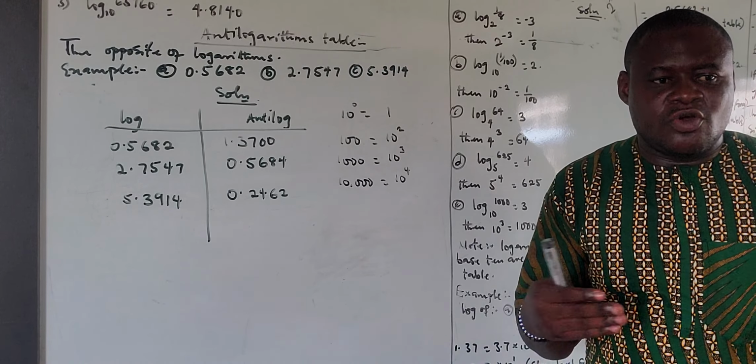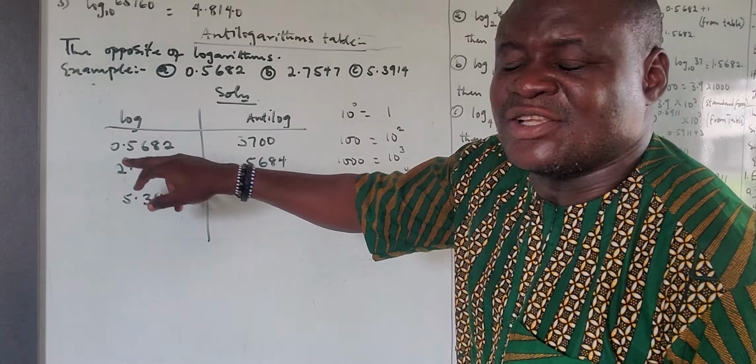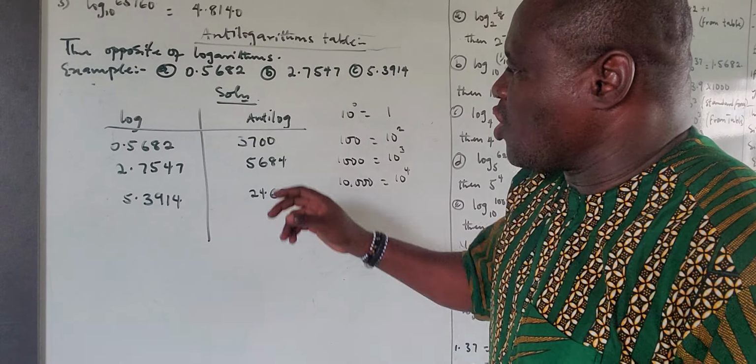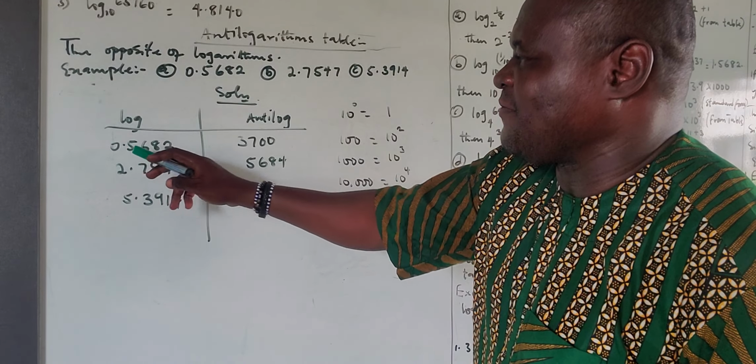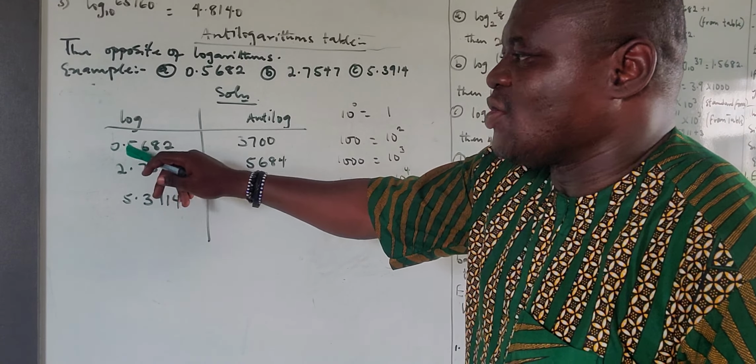So if we are checking the opposite of the logarithm, this integer has to be placed. So here we have 0.5. That is to say, we are moving